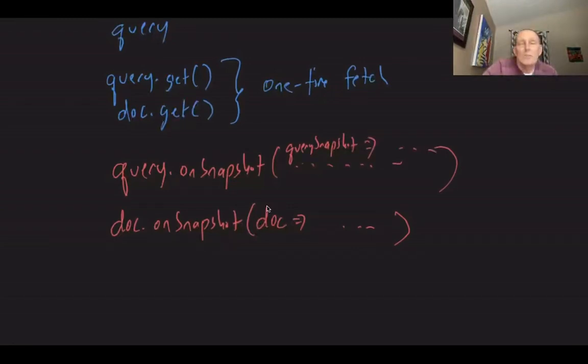By default, we are just told the new state of things. So when we call doc.onSnapshot, the first time, this callback function is called with the current state of the document. If the document ever changes, then that callback is going to get called with whatever the new value of the